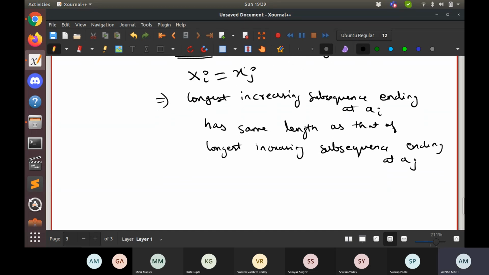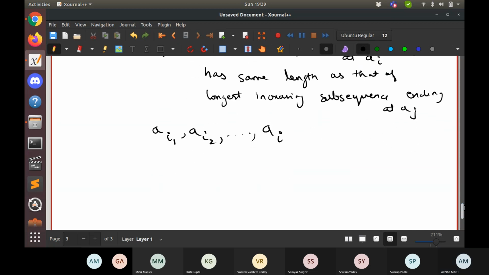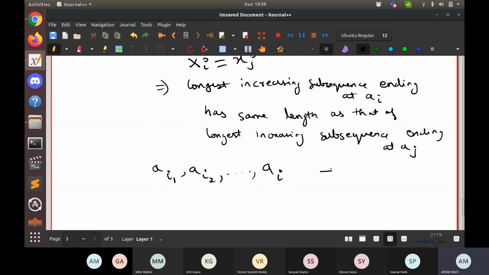So we have some sequence AI1, AI2, and so on, and the last number is AI, and its length is xi.